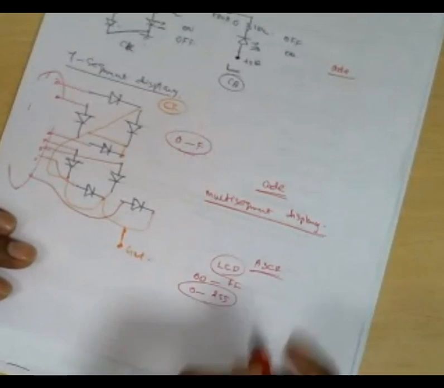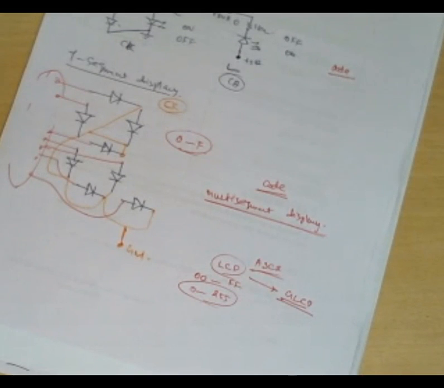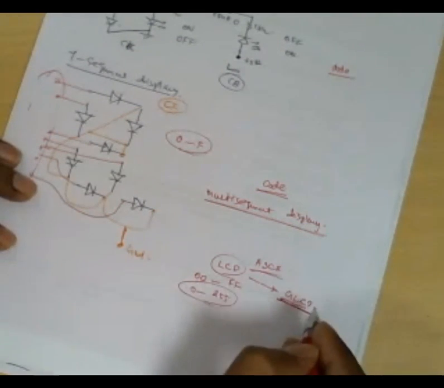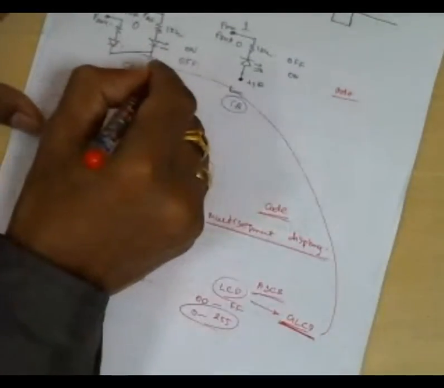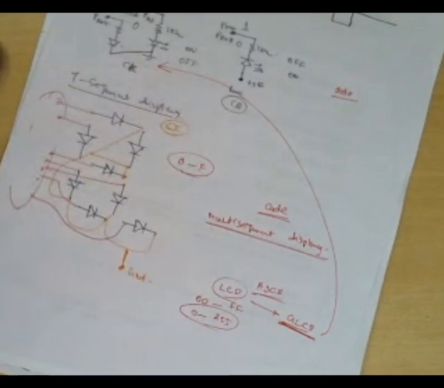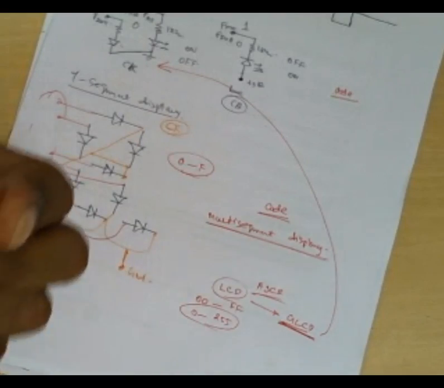Then the advanced version is the GLCD, graphical liquid crystal display. Very popular nowadays. Understand? After this GLCD, because of VLSI technology, they moved back to LED. They reduced the LED from big size to small size. You know the normal LED, no? The normal LED is very big in size. Something like that. You see here, this one below. How big it is?